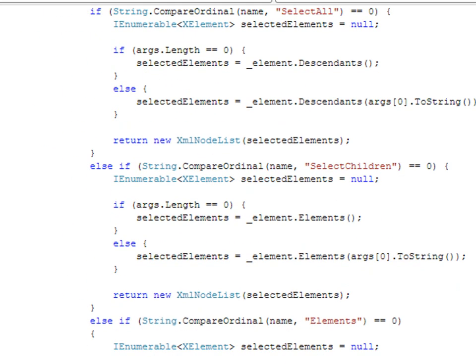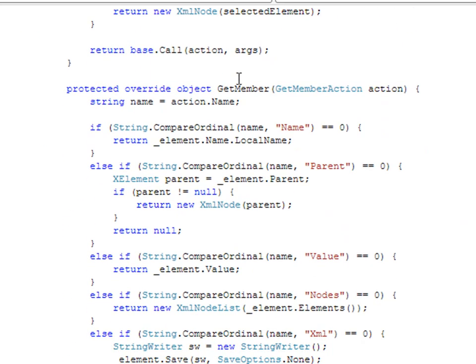And so if we go back down to my getMember implementation, you'll see what I'm doing is I'm passed this action. And so I'm going to go ahead and run some nested if statements on whatever that action's name is. And so if somebody's just searching for the name, on my element, I'm just going to pass back its local name. If they're looking for a parent element, I'm going to try and get a reference to its parent element. If it's not null, I'm going to return another XML node for that parent element,